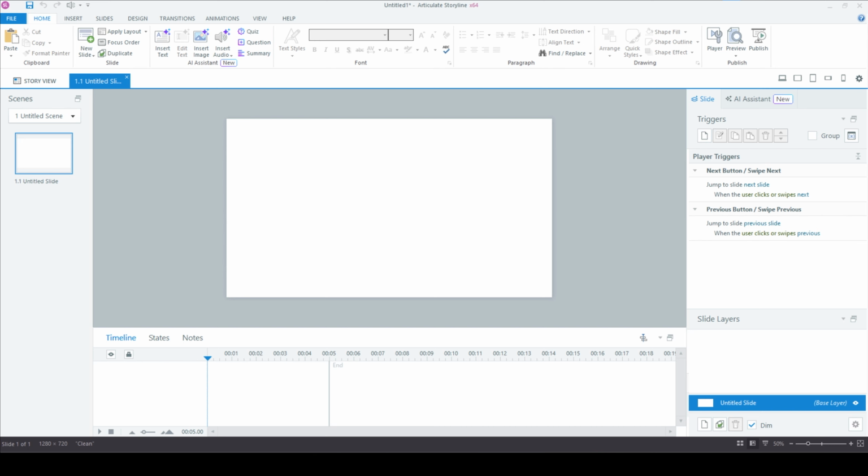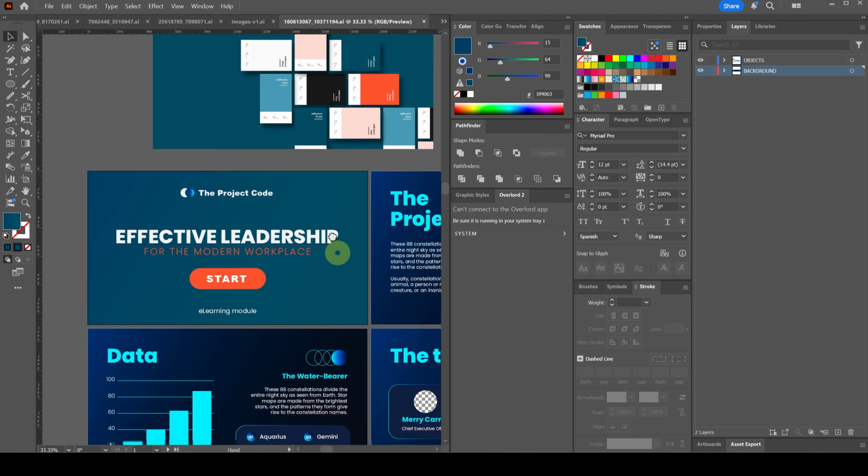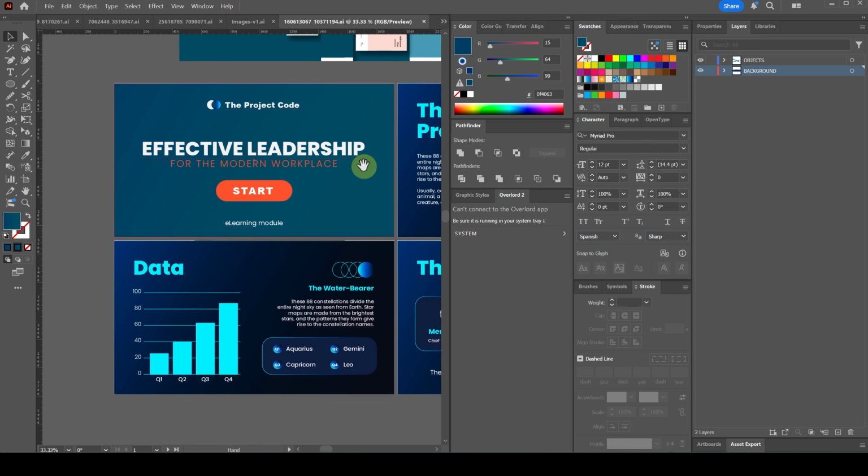So we're in Storyline and we're going to import the artboard to use as a template, and then we're going to start bringing in the assets. For this particular one, it's primarily text, so there's not going to be much to import. Actually, come to think about it, there's nothing to import. We could just replicate it in